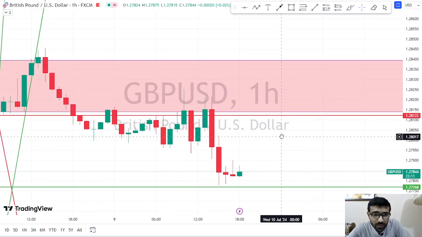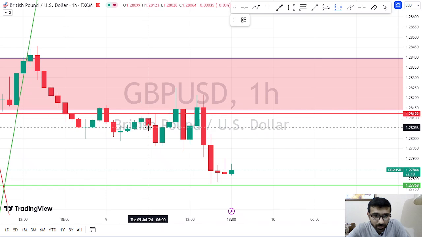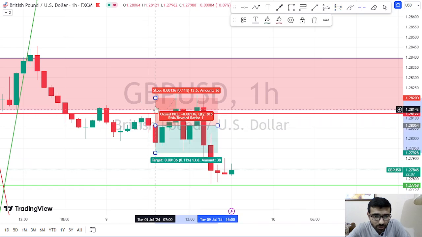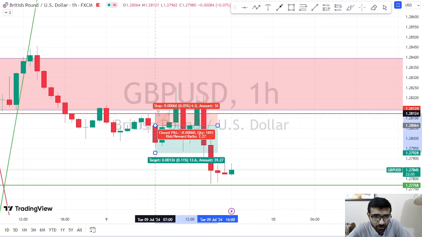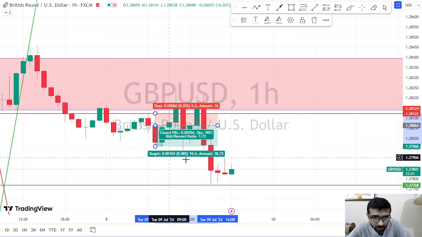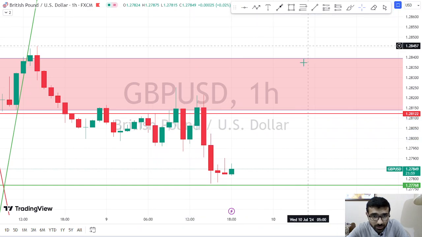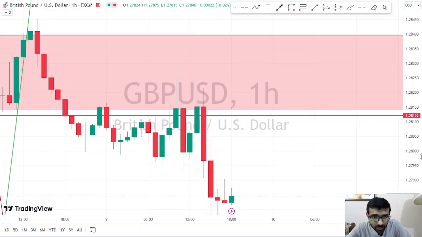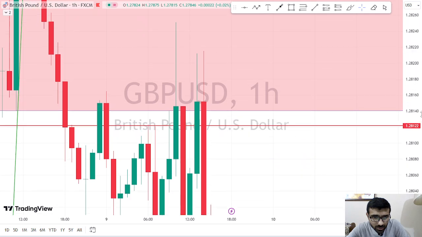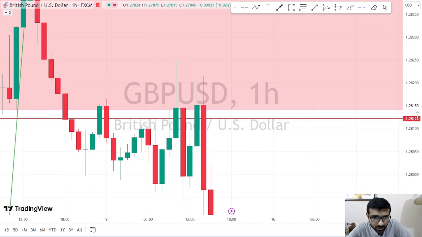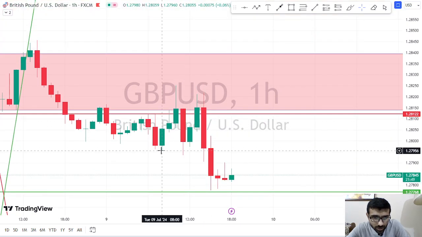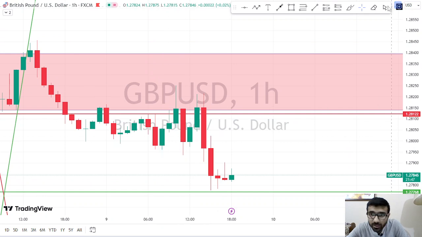Okay, then the next possible entry will be over here. Our stop loss will be just above this candle, and our take profit will be over here, giving us a 1.7% profit. Okay, then after this candle closing, we could take a short position over here, but market did not